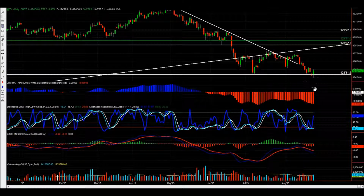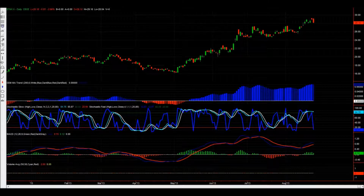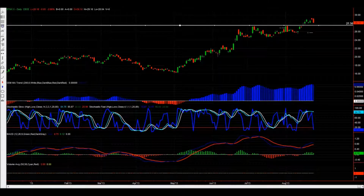So I think we were talking about this was a really tricky area to be in last week. But if we look at, so here's the 10-year bond, right, or the 10-year note, and it's holding support. And then you look at $TNX.X, which in TradeStation is the yield, the inverse. We broke above some major resistance. So these are basically interest rates, the 10-year. We broke above 2.81. This is represented as, let me be clear here, this is represented as 27.45, but it's essentially 2.745. So we broke above that, and it looks like we're coming back down to retest it, and we're overdone